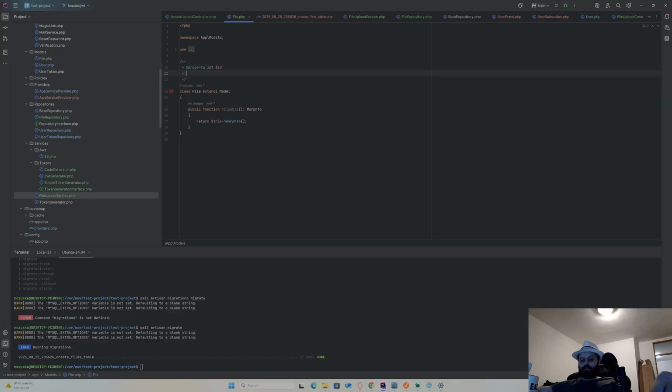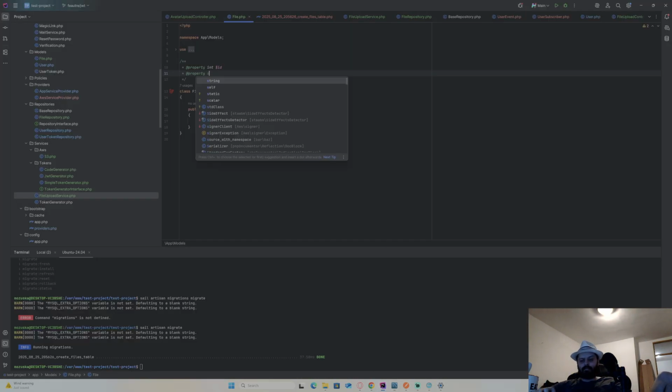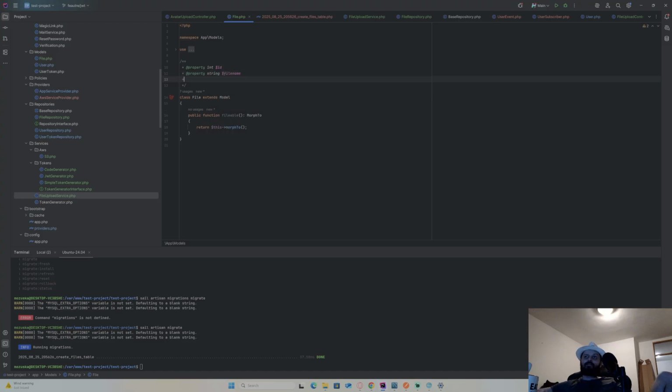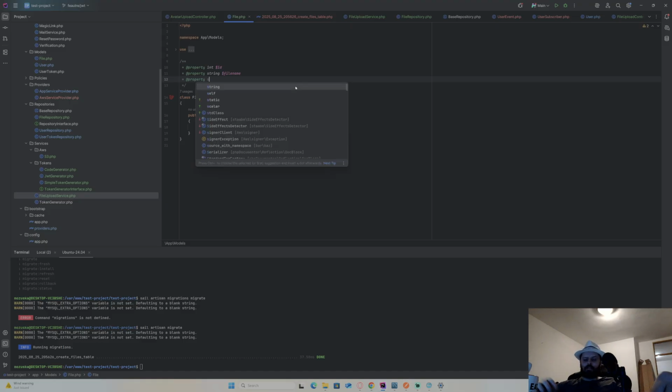ID, property, string file name. Next one is property. See the next. String original name, integer size.